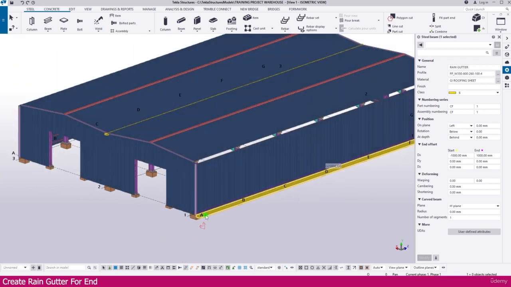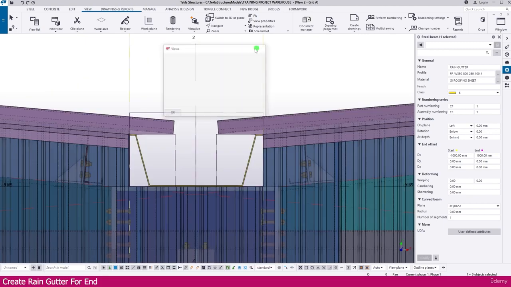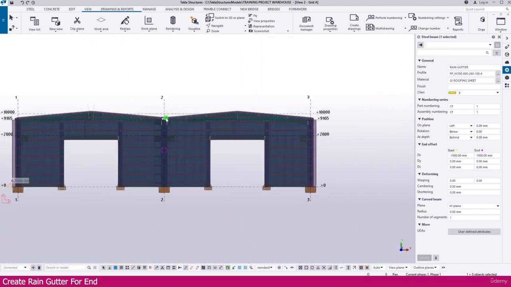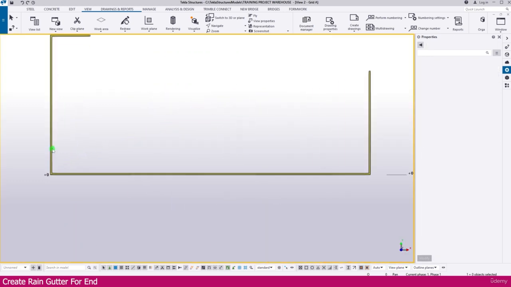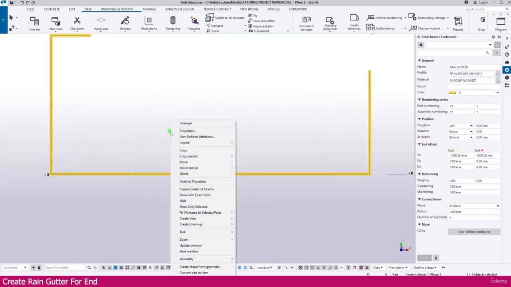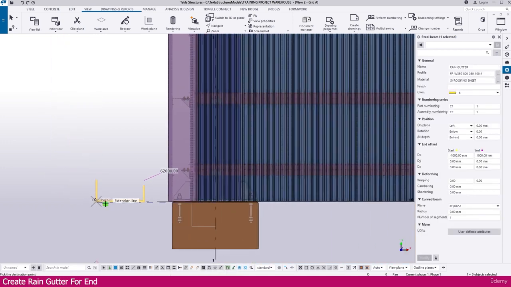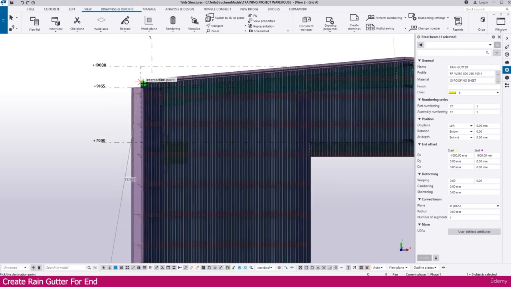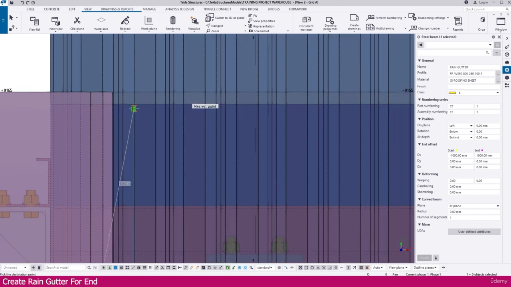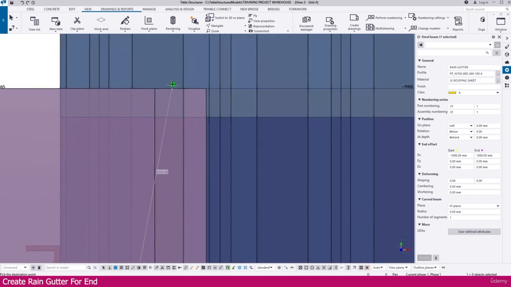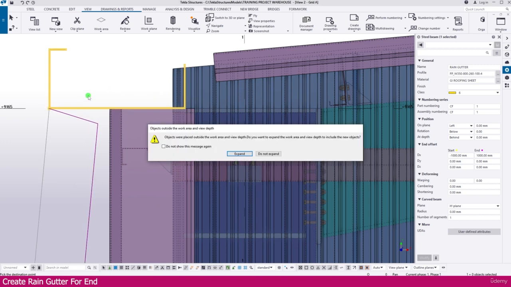Now go to the grid A, go to the view list, select grid A. Now if you go to this side, you can see what we created. Select this point, right click, move, click this point, and we need to place it exactly at the end of this column. So our column is here. You can click outside and place it, then